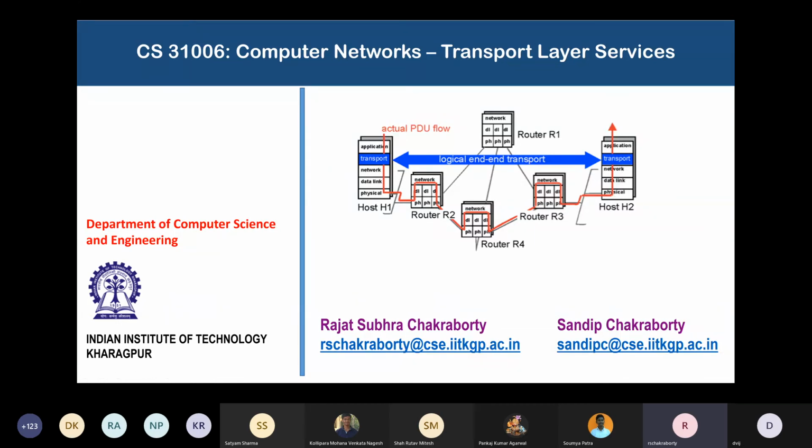It gets stripped of the physical layer header and trailer, then the link layer header and trailer, then the network header, then the transport layer header, and finally the application, which has got nothing to do with the transport layer header, gets the data in the form it wants.